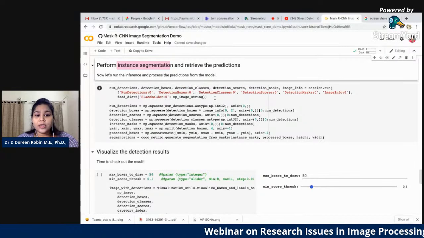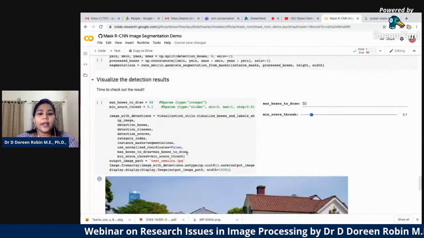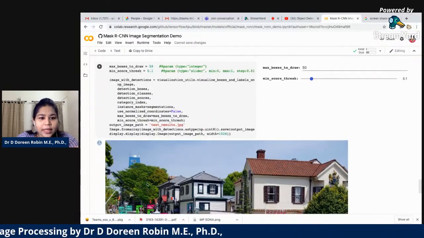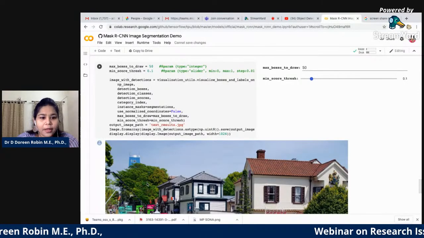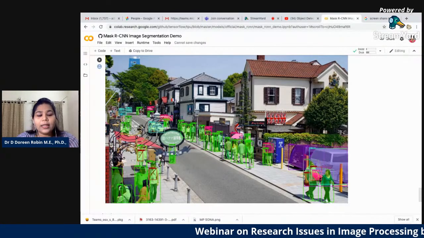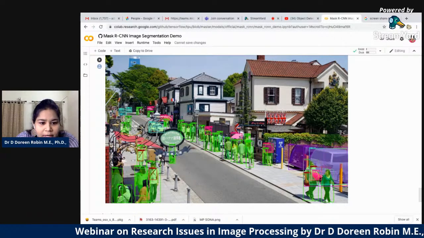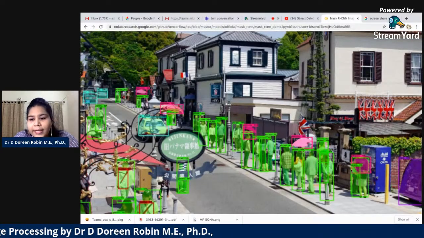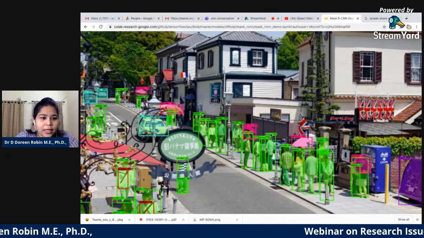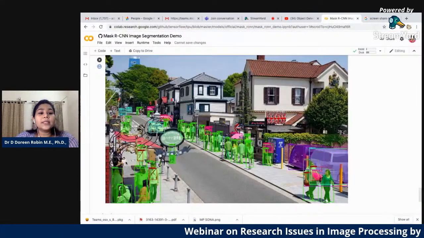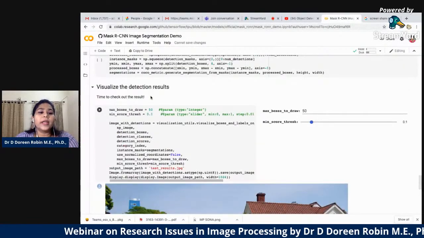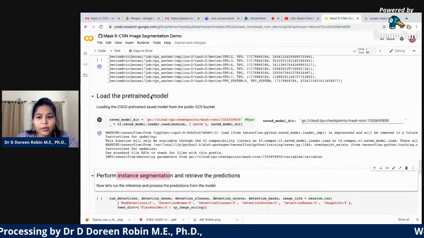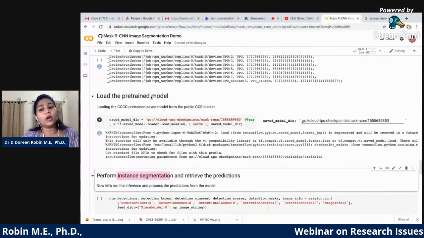How many objects, how many detections? First I'm initializing using a list. Then I'm visualizing. Can you see here? So what is the object that I want to give? I've given that number. And here it is detecting only the people. Can you see here, detecting people? It is detecting car. And each one of them will have a key. Likewise, I need to decide upon what I need to retrieve, what object I need to retrieve from the image that has been given, using the IDs from the COCO models that have already been done.